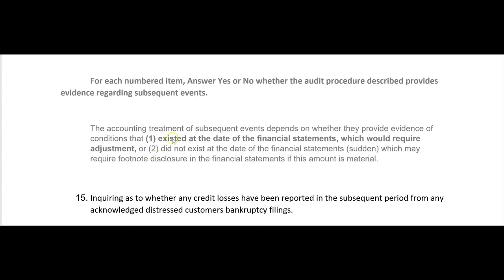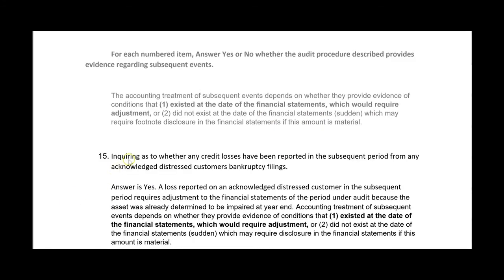So that means it existed at the date of the financial statements already. Now we want to know more information. So that certainly would be an inquiry that we would make to provide evidence regarding subsequent events, particularly a type 1,